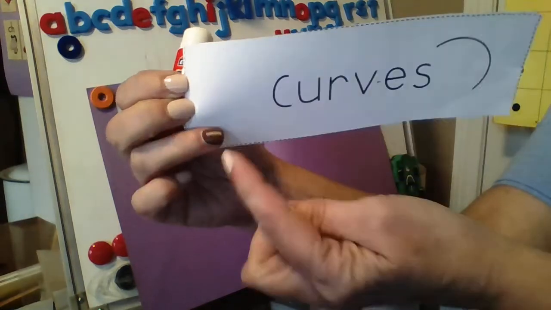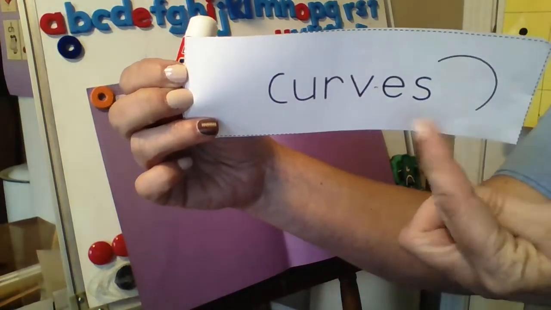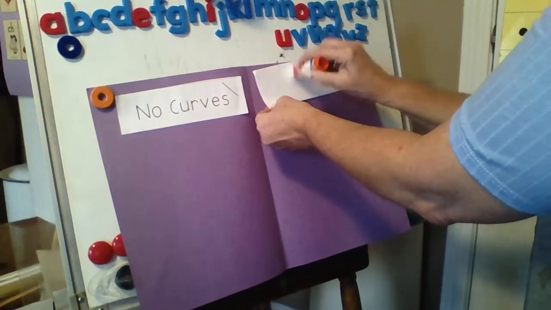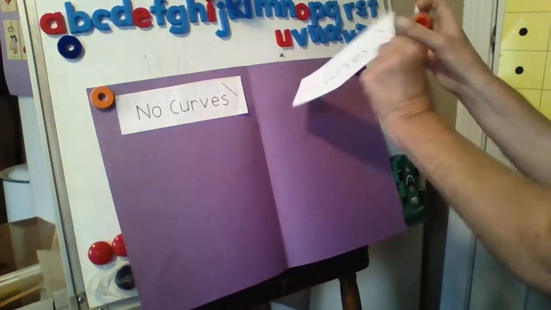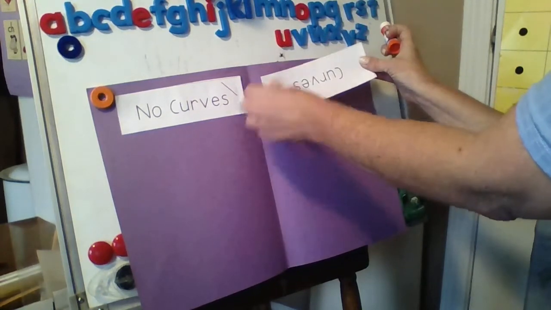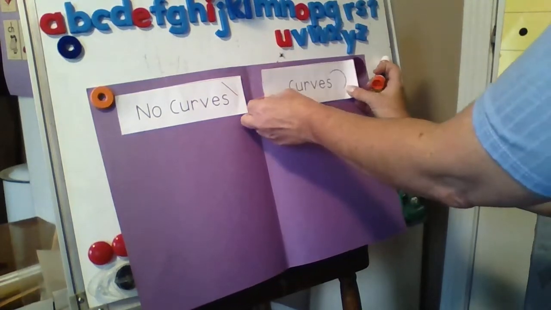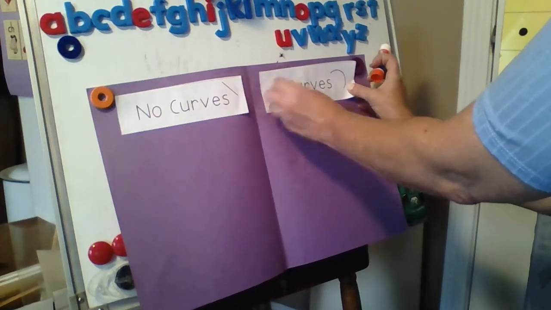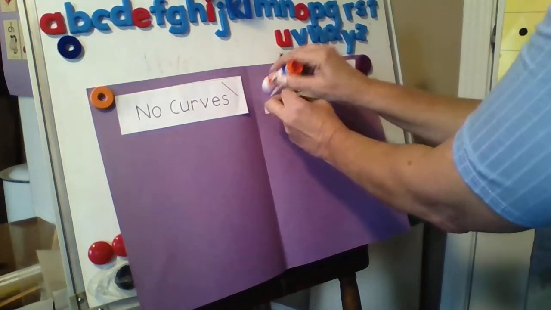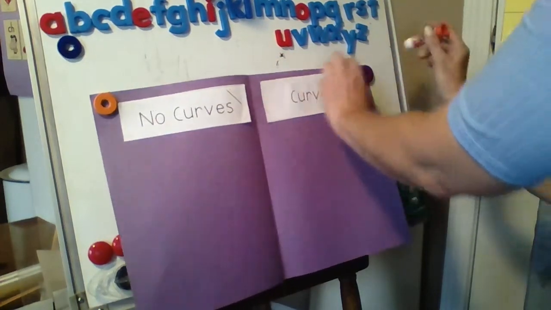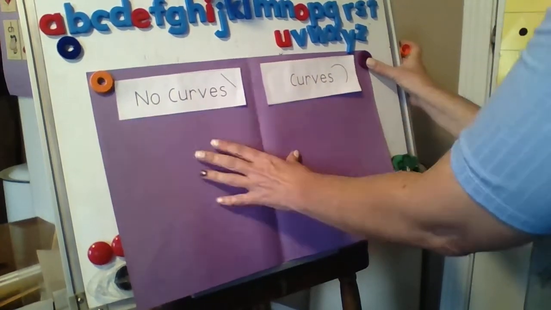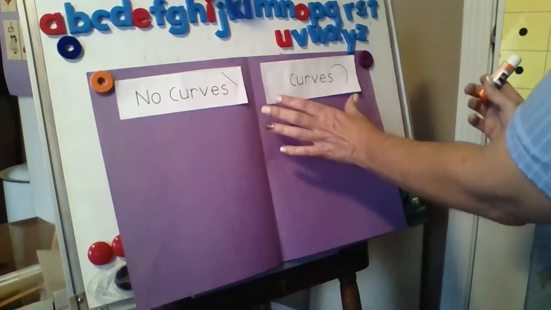This one says curves. And look at that. It shows us a curve. So again, glue on the back because we don't want anything to fall off. And I'm going to put it nice and straight. Remember, don't want it upside down. I have to be able to see those lines and those letters. I'm going to put it right there. So this, sometimes you got to put a little extra. There we go. So this side of my purple paper is for things with no curves, and this is for